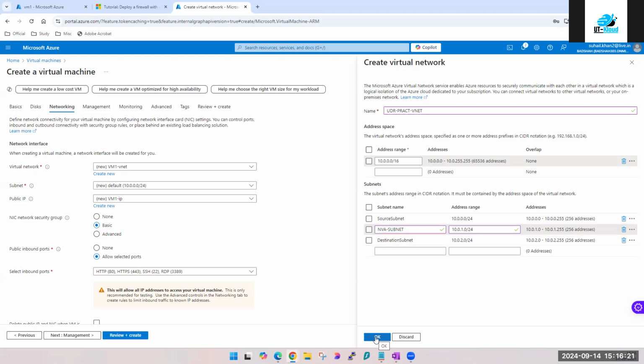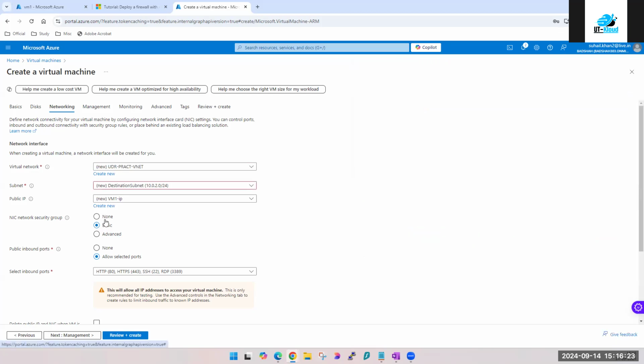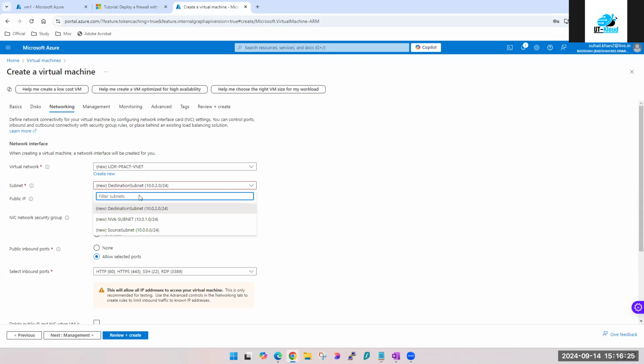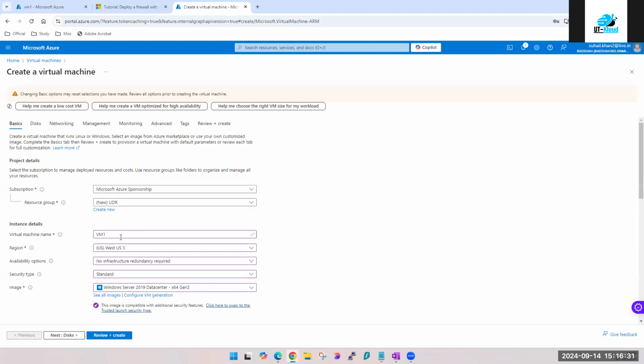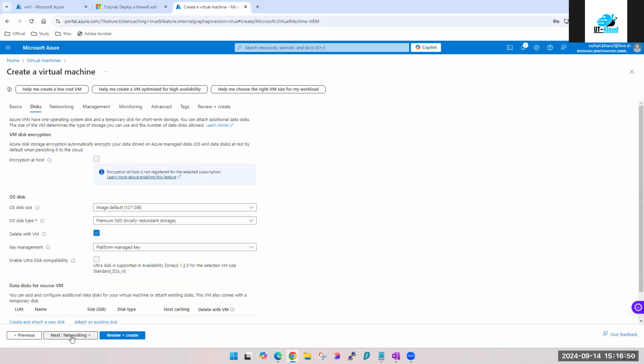Okay. So let's create it. And as of now, I'm creating the source machine. So I'll go ahead and create a source machine, and I'll name it source VM. This is going to be my source VM, guys.